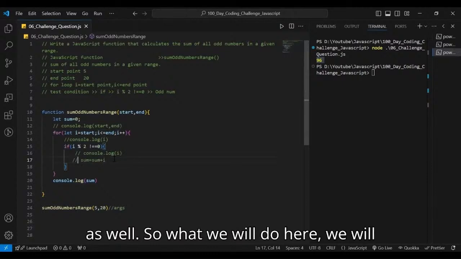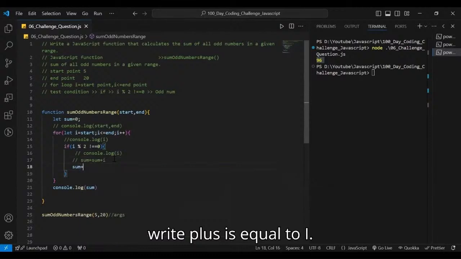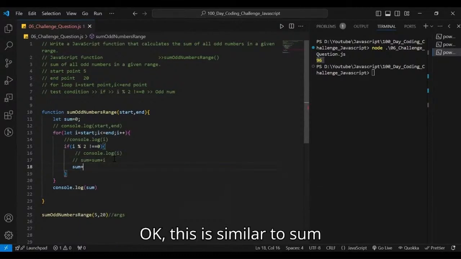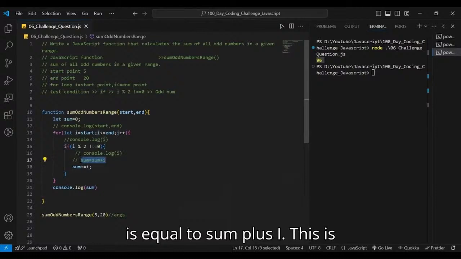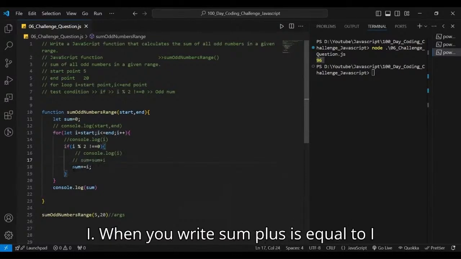So what we will do here is write sum, plus equal to i. Okay, this is similar to sum is equal to sum plus i. This is similar to what? Sum is equal to sum plus i. When you write sum plus